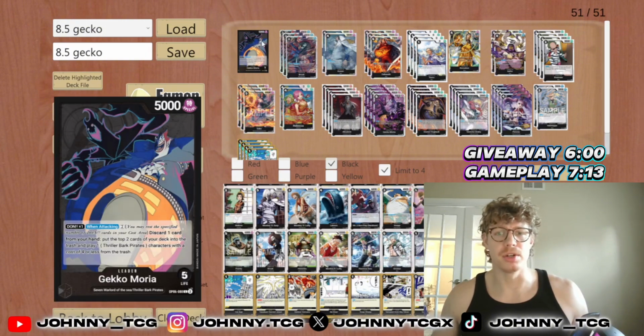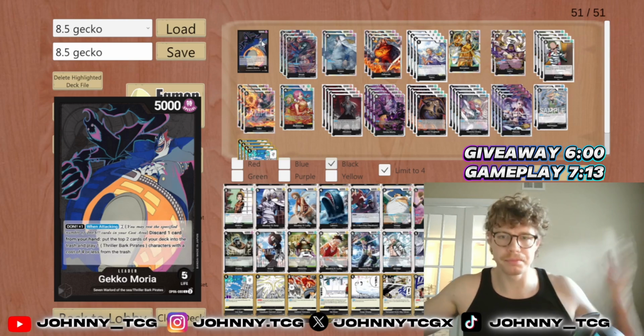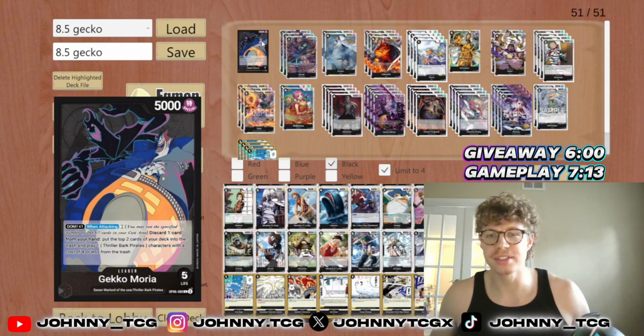For those that don't know, GECKO's ability is Dawn times 1, and then you may rest 2 Dawn as well. When you're attacking, trash the top 2 cards of your life, a card from your hand, and then bring a cost 4 or less Thriller Bark character from your trash into play. Profit. This is amazing early game when you're able to cheat out bodies, and a lot of these cards have